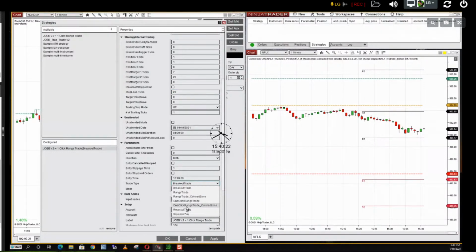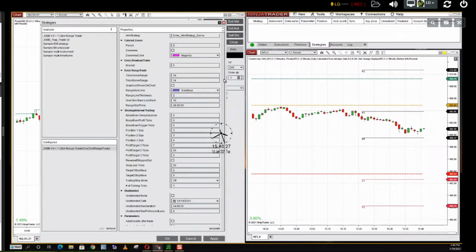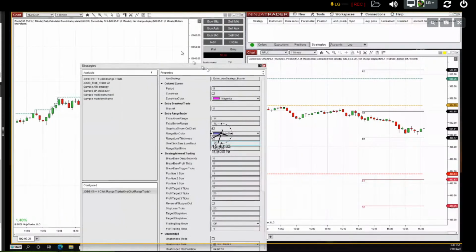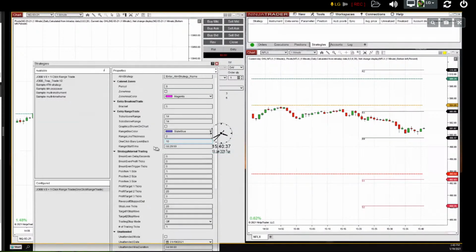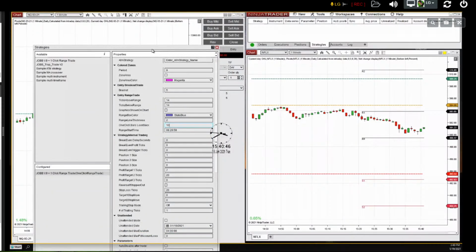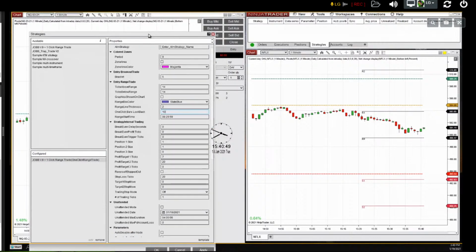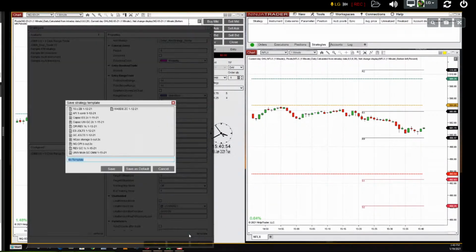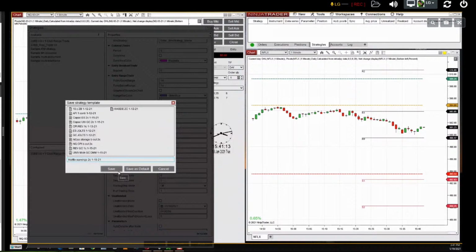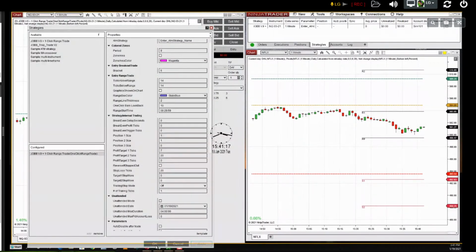But what I want to look at is the look back, and speaking of look back, I have my look back on 10. That I'm looking back 10 bars. Let me give you an idea of what I'm talking about. Okay, so we're in sim. I'm going to save this. Two contracts. When I apply it and okay it,